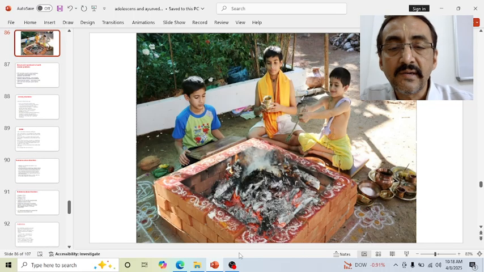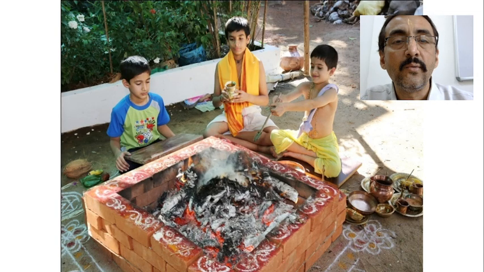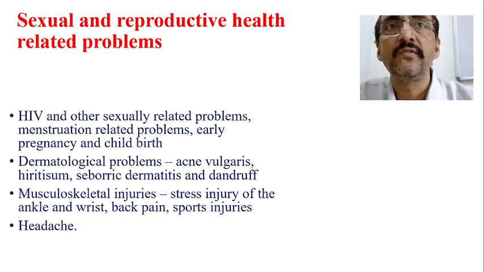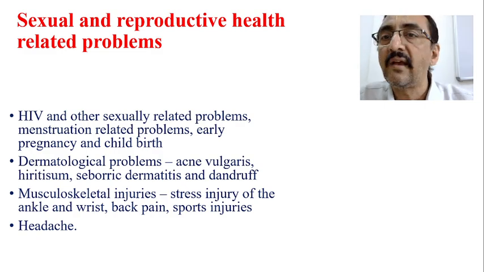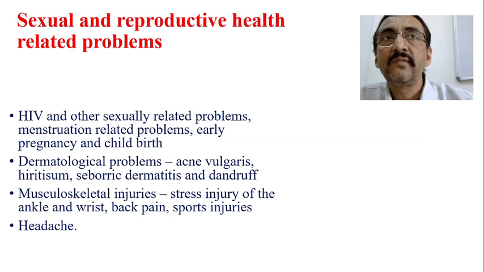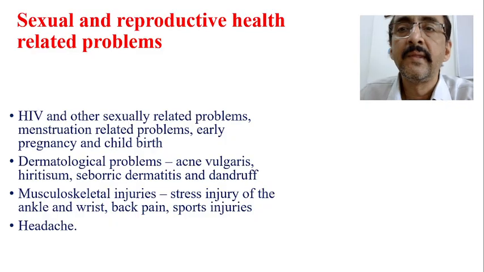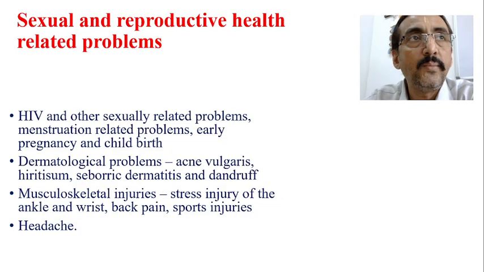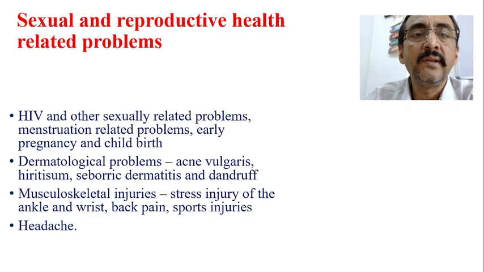So in the last class we have seen some of the basics related to adolescence care, and we have completed about 15 classes regarding adolescence health and nutrition and problems and Ayurveda interference, etc. So today we will see some of the extended parts of this adolescence care. Number one is sexual and reproductive health related problems during the adolescence. This is also one of the major problems in the adolescence period